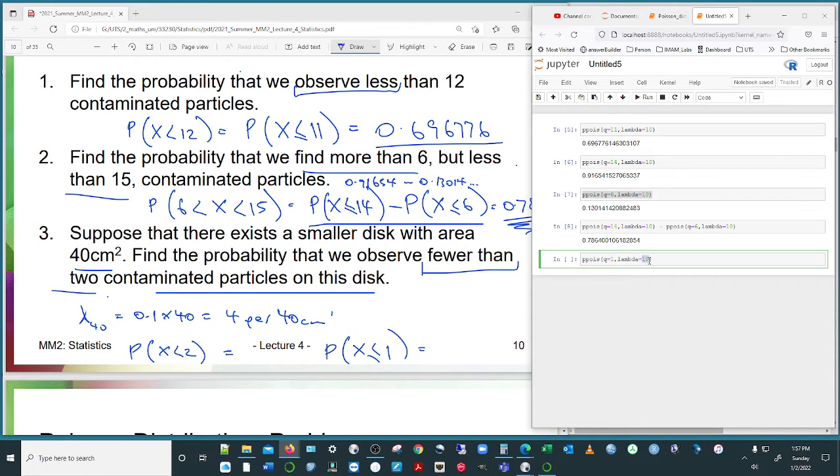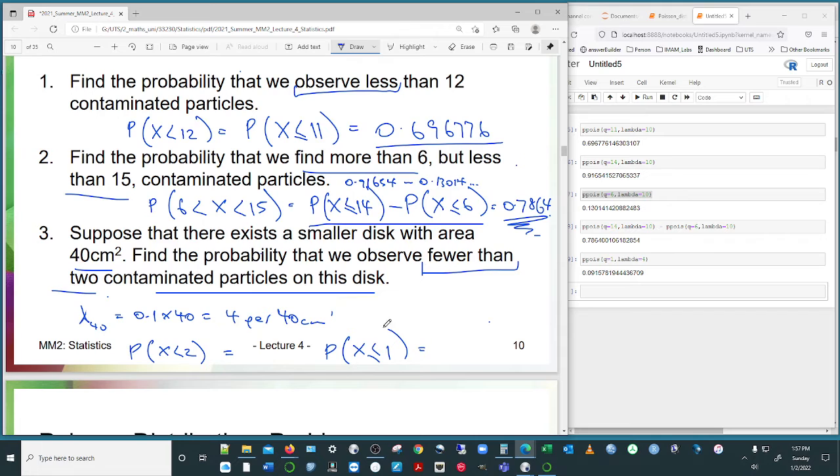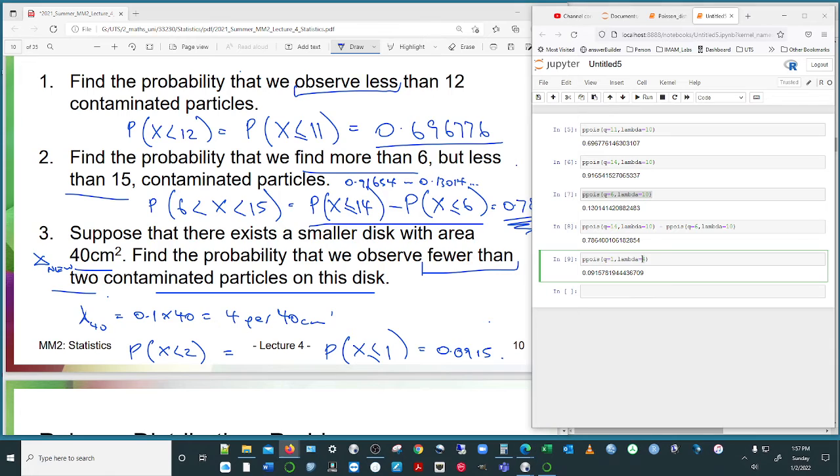So I need to be careful of that. And changing that. And that's as required as well, so 0.0915. So because there was a change of lambda, that meant that I had to change the lambda in the computation. Here you see that. So that's an important little point to remember. If lambda changed, for the others they were still a lambda of 10, so it didn't matter, but for this particular part it changed.